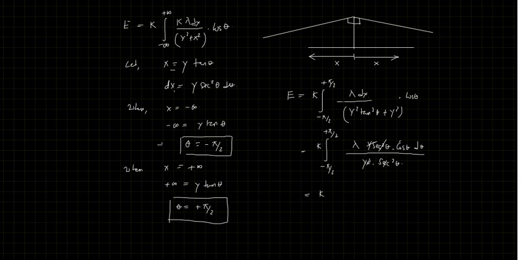So then I'll get here minus pi by 2 to plus pi by 2, then we have here lambda cos theta d theta divided by y sec theta, correct? So then anything else, oh sorry, no sec theta, only cos theta, sec square theta I have already cancelled it, so it should be only cos theta. So now if I integrate this, that means we only need to integrate, I will take k out, lambda out, 1 by y, minus pi by 2 to plus pi by 2, only cos theta d theta.